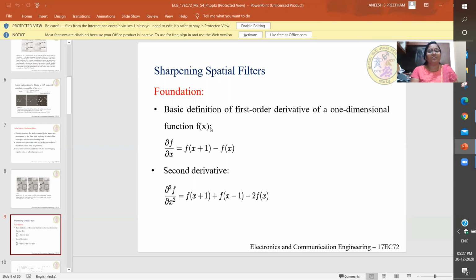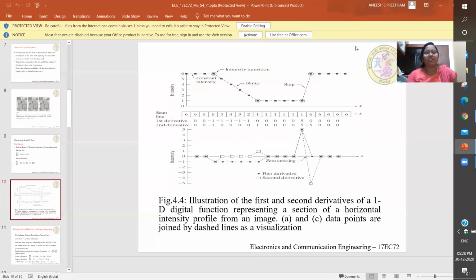The second derivative is given by del square f divided by del x square equal to f of x plus 1 plus f of x minus 1 minus 2 f of x. To examine the similarities and differences between the first and second order derivatives of a digital function,